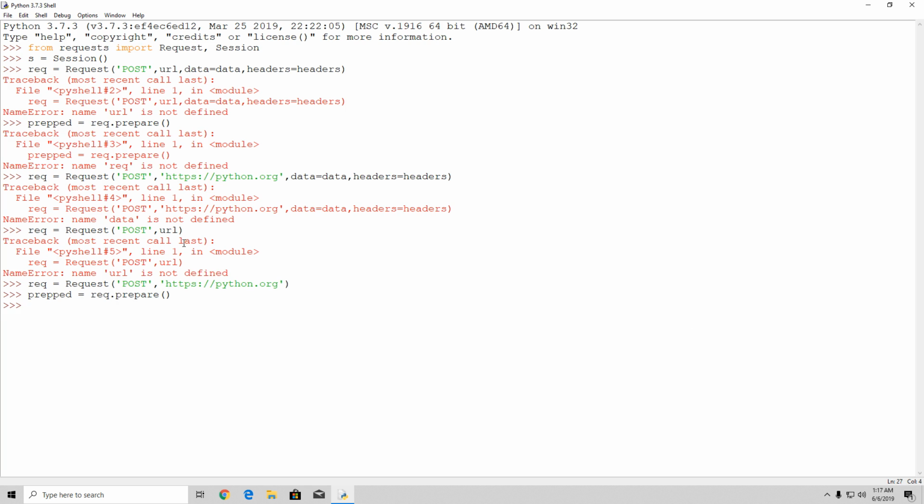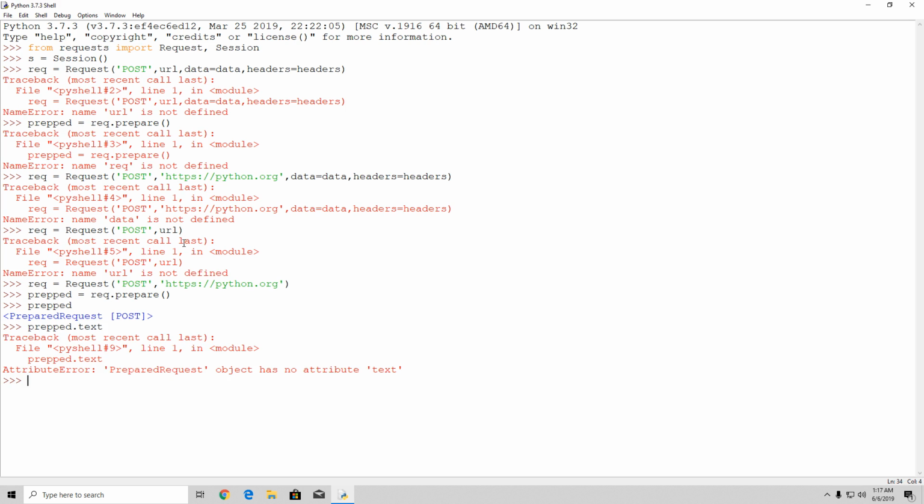And now let's say, for example, let me just type here prepped. You will see prepared request. Now let me see if prepped.text is a thing. Yeah, it doesn't have the attribute text. Okay, doesn't even matter. But if we want to, we can simply do something with the header, such as